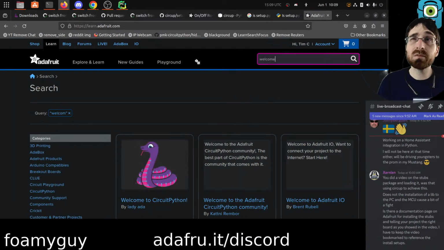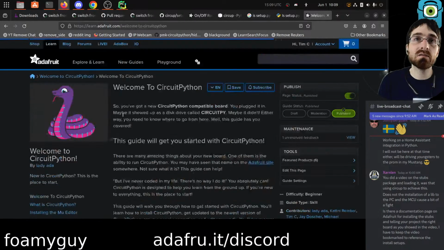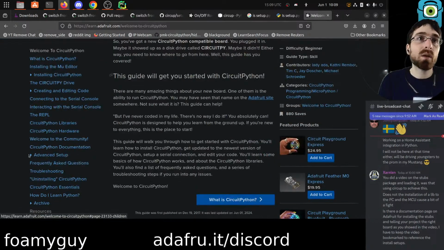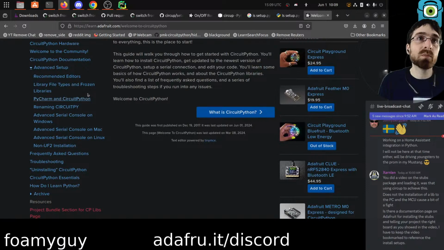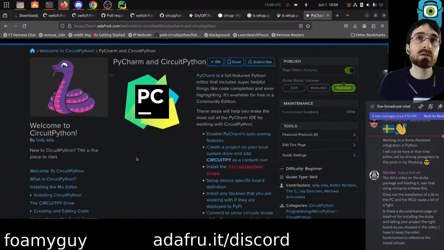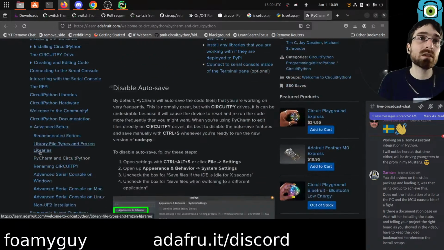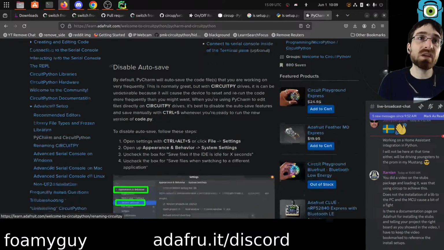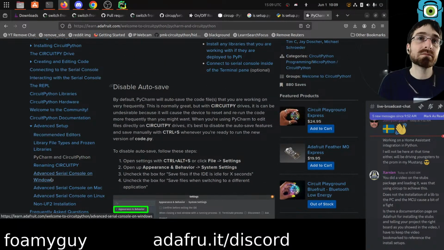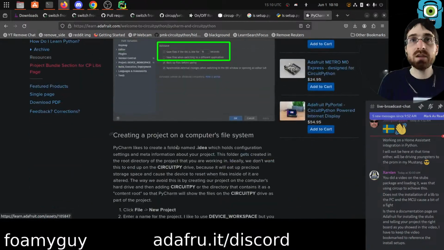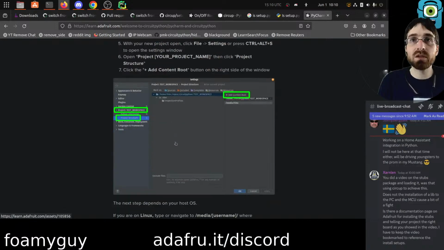It's in the Welcome to CircuitPython guide. It's on the advanced drop-down, and then it's PyCharm and CircuitPython. We probably should make a separate one, honestly, because I don't know if you're actually using PyCharm or not. Even if you're not, though, some of the stuff on this page is going to be relevant to you,